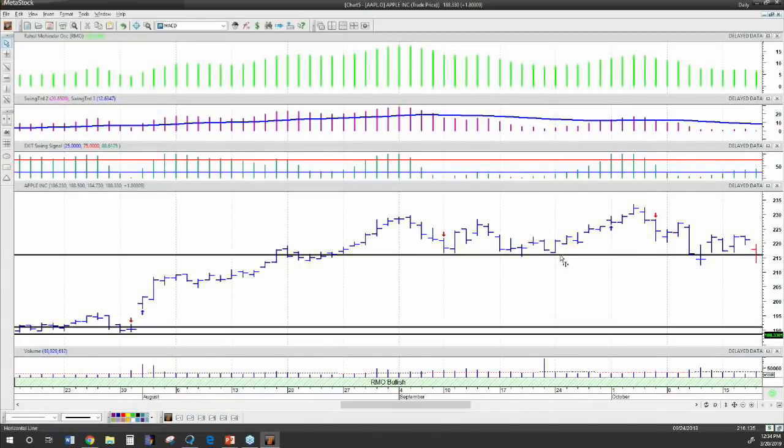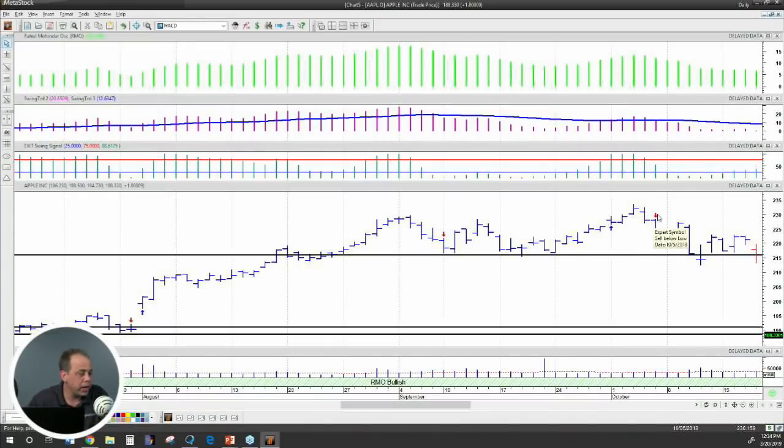Okay, so here we've got our stop loss in place. Here we get that sell signal. So we had that shift of momentum that we're talking about up here, and it plotted the sell signal on the chart for us. A few days later, we stopped out. We probably stopped out right here on this day.